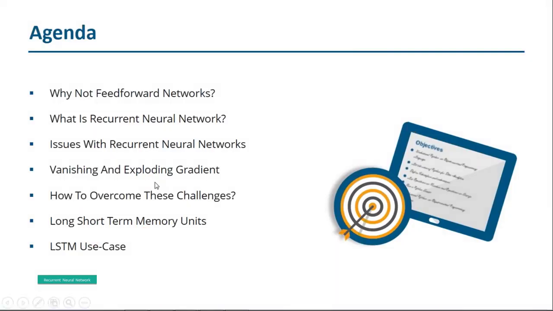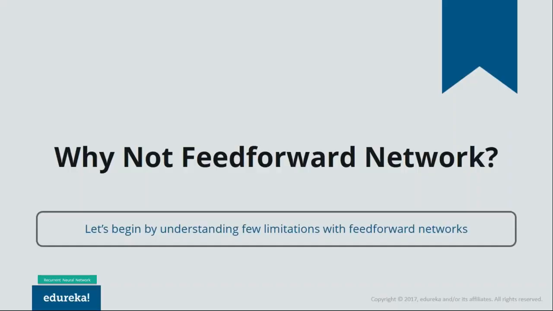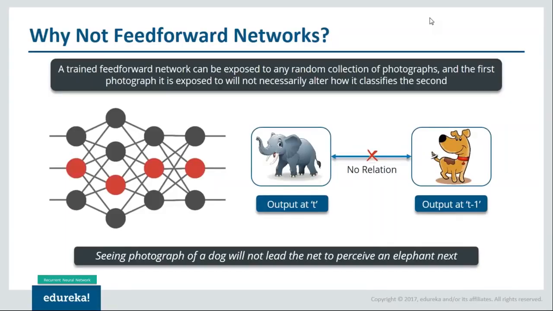So guys, let's begin. We'll understand why we can't use feed-forward networks. Now let us take an example of a feed-forward network that is used for image classification. We have trained this particular network for classifying various images of animals. Now if we feed in an image of a dog, it will identify that image and provide a relevant label to that particular image. Similarly, if we feed in an image of an elephant, it will provide a relevant label to that particular image